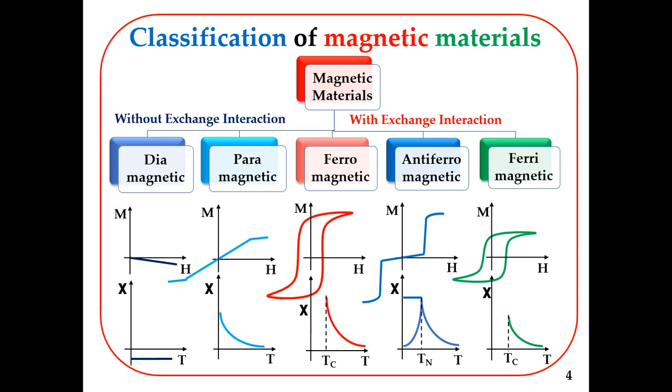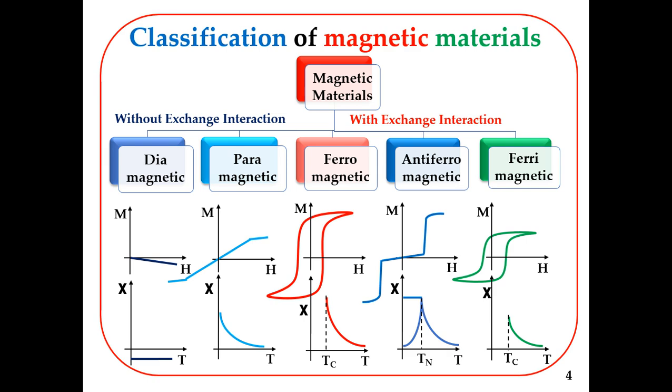Here we can see the basic MH loops of the magnetic materials. You can see the diamagnetic material has a negative susceptibility, and it's a very weak effect present in all materials with paired electrons. The paramagnetic hysteresis loop is linearly behaving, while ferromagnetic has spontaneous magnetization. We already did some initial work on this in the previous lecture, and then we have antiferromagnetic materials,